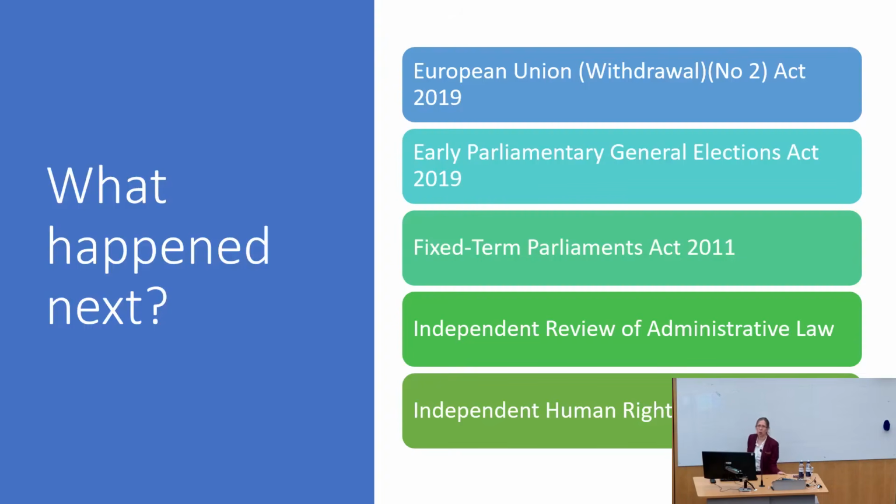Because of all of these problems, the Conservative government was elected on a manifesto promise to change the constitution. And this is what it's doing at a rapid pace. Fixed Term Parliament Act has been repealed. It is no more. And I'll show you on the next slide what it's been replaced by.